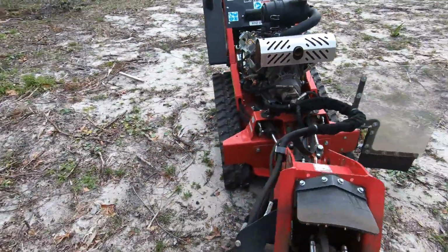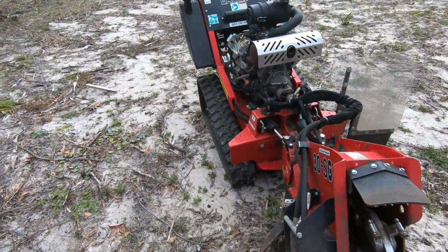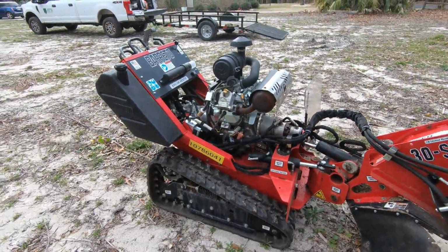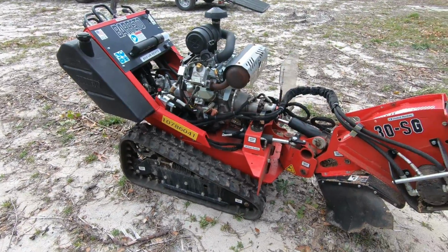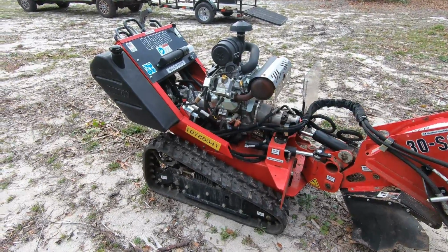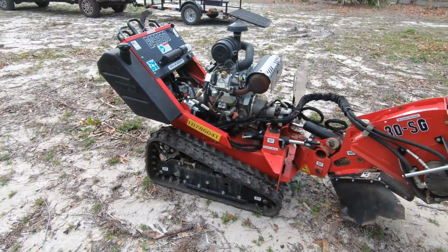All in all, power wise, it's got some power. If you watch my videos, it went through some stuff. If I was in the stump grinding business and all I did day in and day out was grinding stumps, I don't know if this would be the machine for you, so to speak. If you're going to invest the money, I think you could go with a slightly bigger diesel machine that might be a little more efficient. But if you're a landscaper,